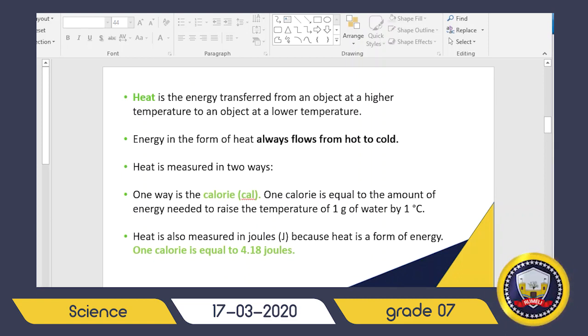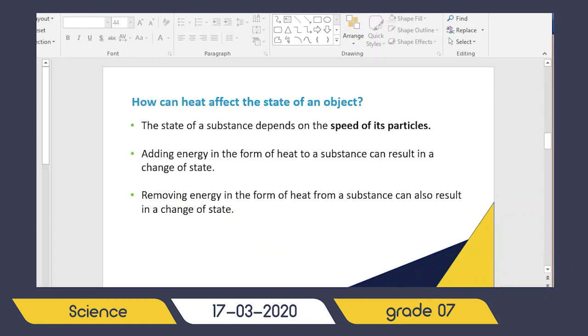So, how heat can affect the state of an object. Today we are going to discuss first how heat can affect the state of an object. So, the state of an object, substance, depends on the speed of its particles. We say that particles are always moving, right? So in solids, the particles are stacked together, and